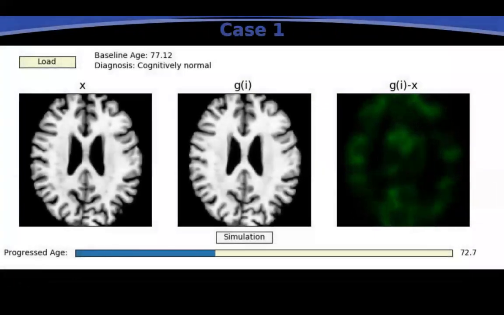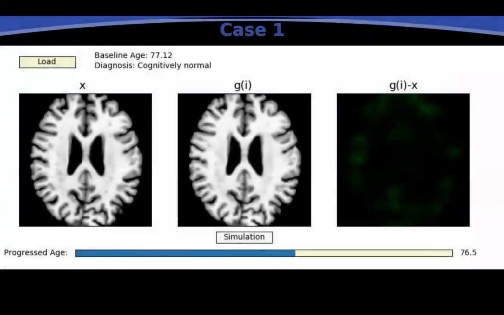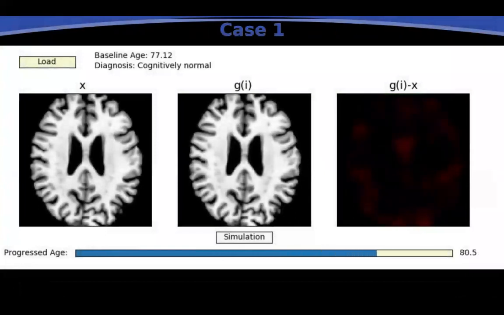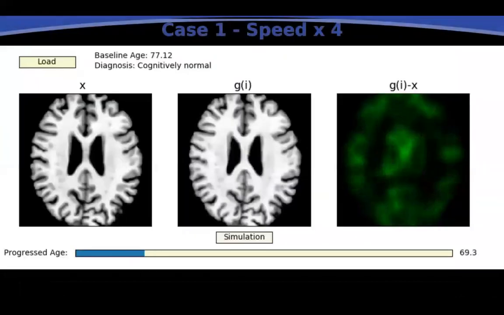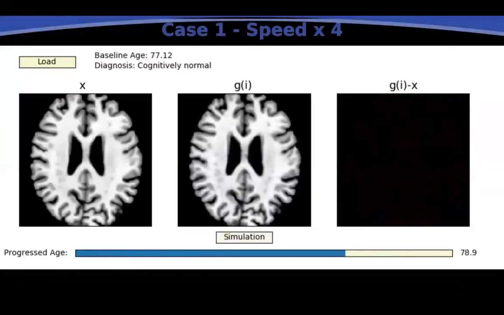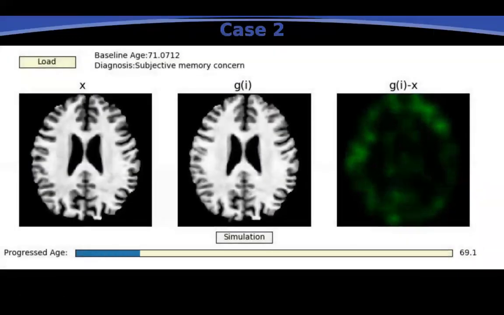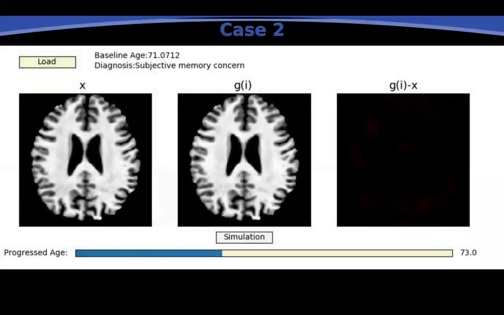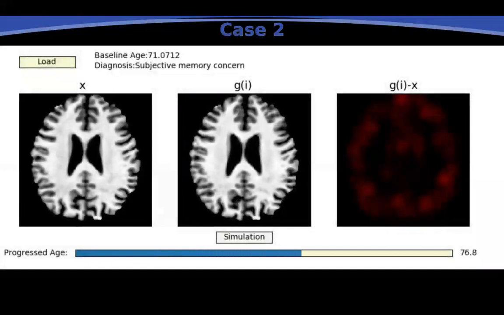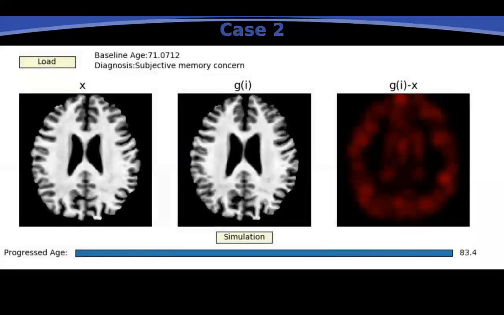The video is shown first in slow motion, and you can see the ventricles gradually increase, and the cortical volume shrinking from the external part. And again, this is another example, first in slow motion, and then